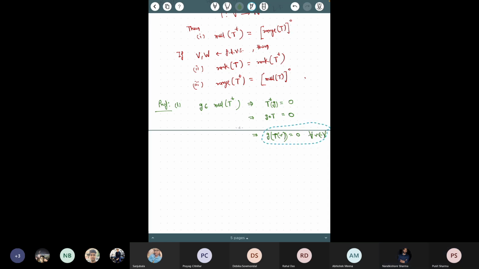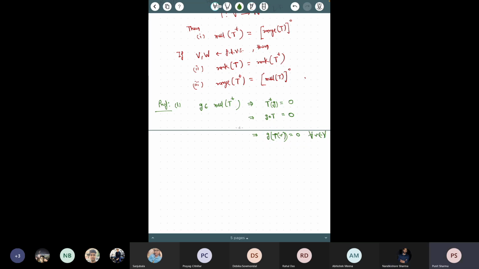So what? So 0 also belongs to the range space, no? So then V belongs to the null space of T. No, no. So what I'm saying,